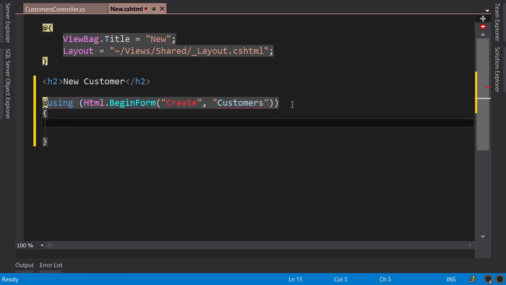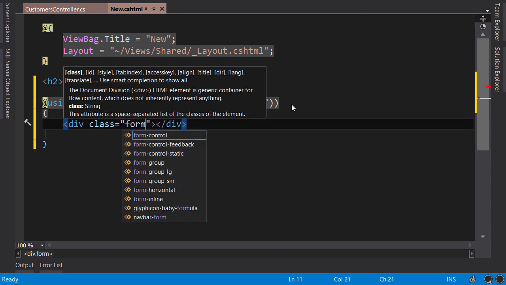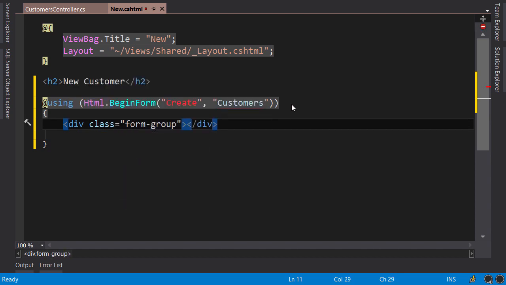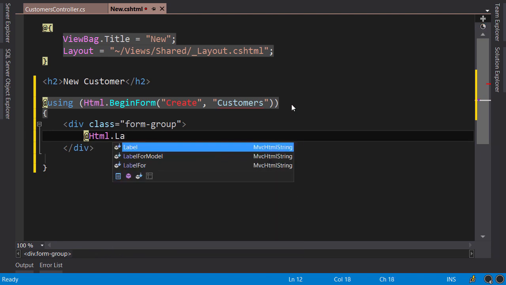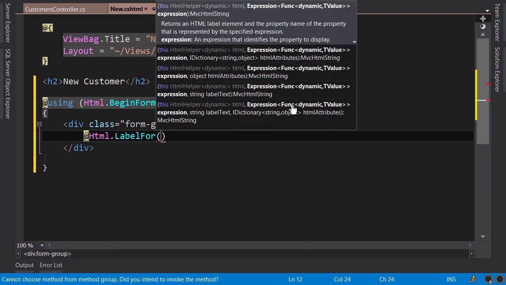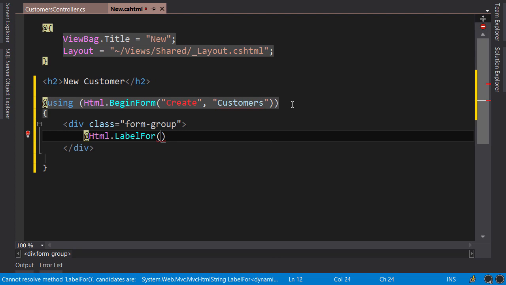Now there is a special markup that we need to follow to render modern and responsive forms. And this is the markup that Bootstrap understands. So we wrap each input field in a div with the class form-group. Now inside this div, we need two elements, a label and an input field. We can either write raw HTML here, like label, or we can use html.label4 method. And here we pass a lambda expression that specifies the name of the target property in the model